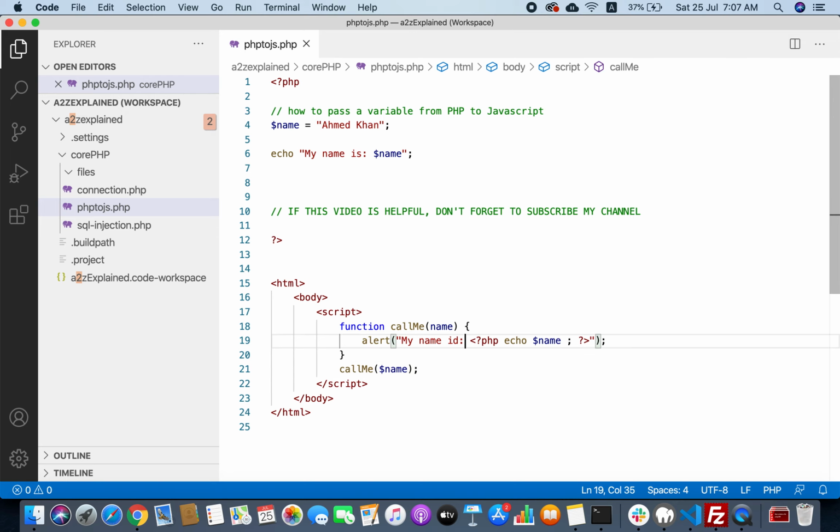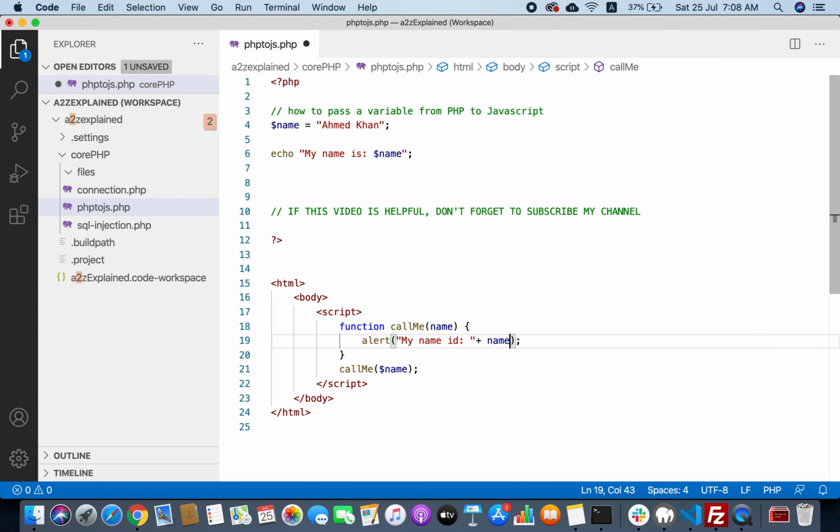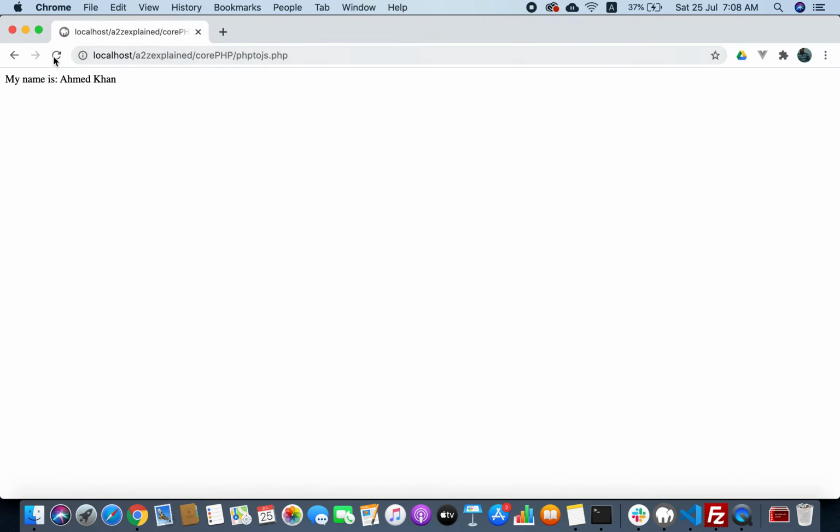Instead of printing the PHP variable's value, I simply concatenate the JavaScript variable name. So let's see what happens. Okay, it didn't work.